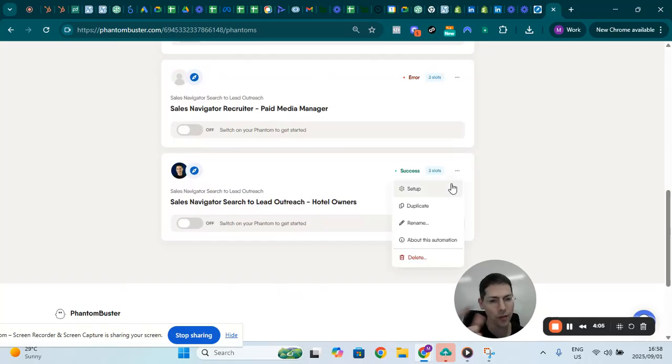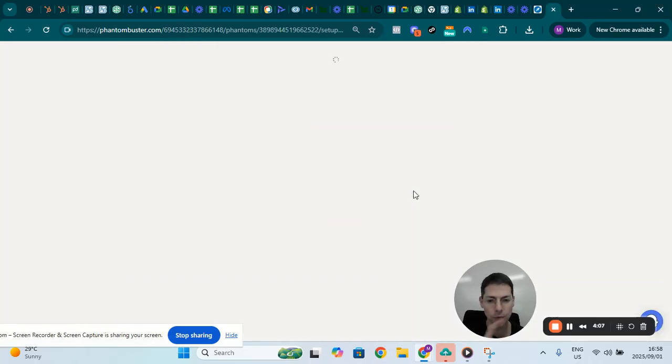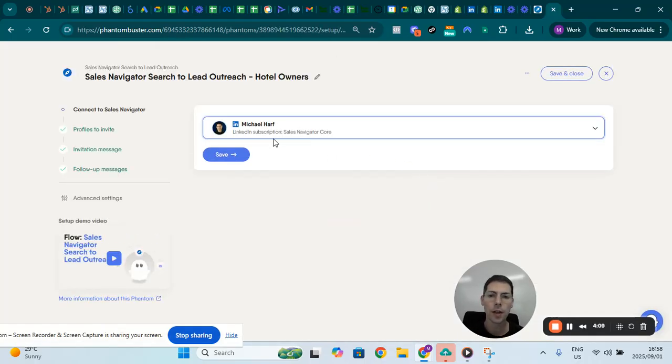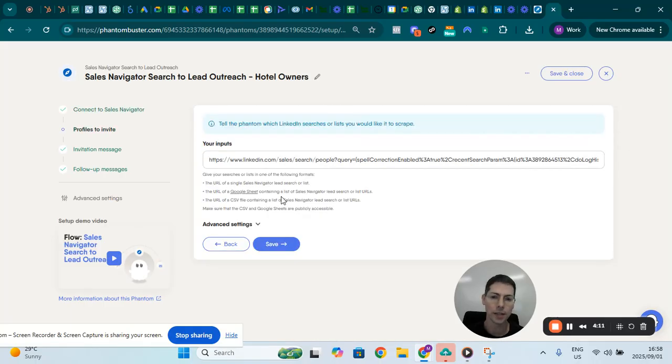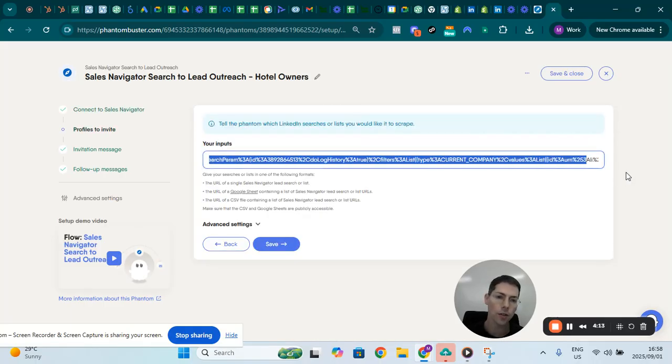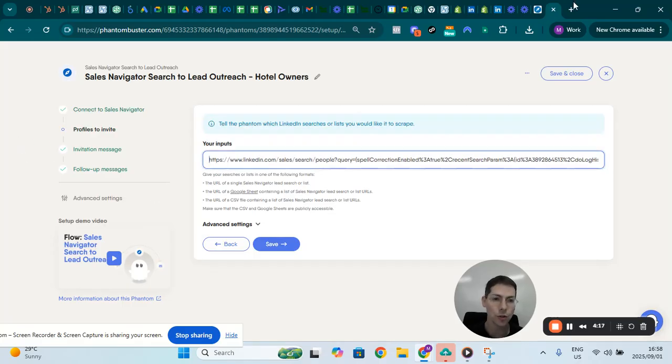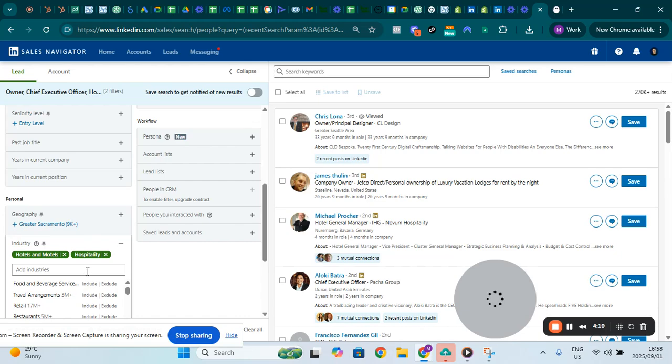They call it Phantom when you're playing around with it, or when you've set it up. So this is the one I set up, and this is actually the URL that I used in order to extract it. And just to jump back to Navigator, you can do anything. So you can go to any detail. So not only from industry,